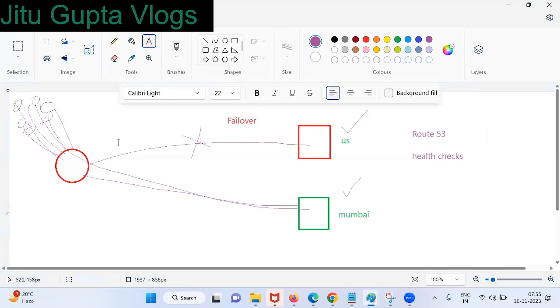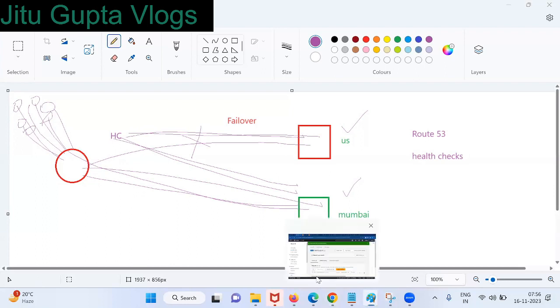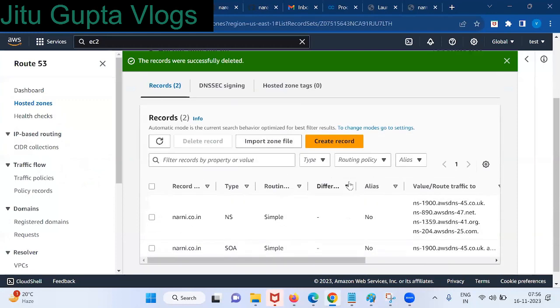So based on health checks only. HC means health checks only, always monitor this region, this region, this region like this. Okay. If one region fails, the Route 53 will send traffic to the next region, like the same ELB. Okay, same ELB. For that, I'm going to create a record for